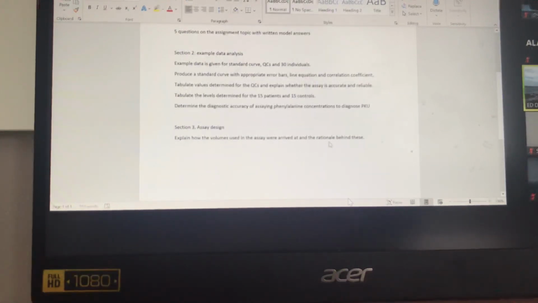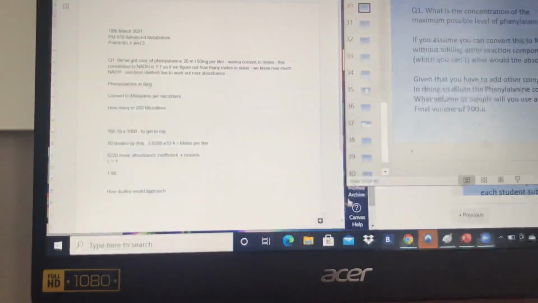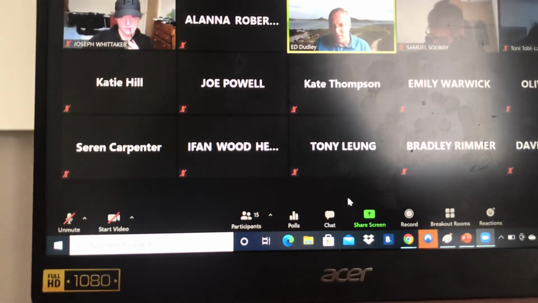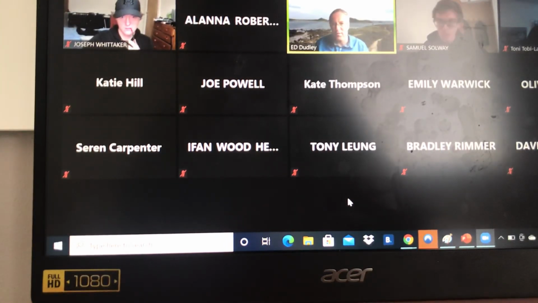And then the first student basically has to write the rationale for the design of this experiment. So why 100 microliters of sample is the right volume, why you need 10 microliters of enzyme. Explain this process we've been talking through in a written manner. Okay, so at that point, if you can all disappear back into your various